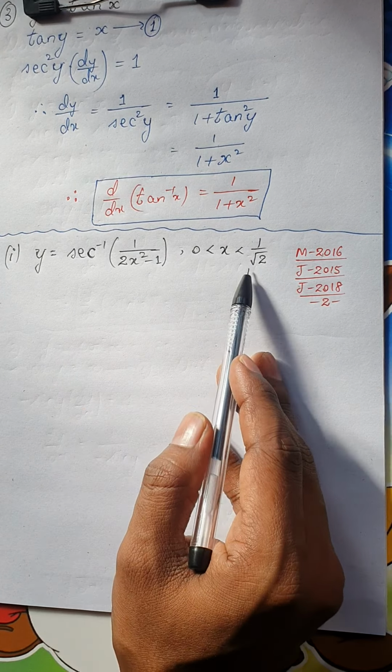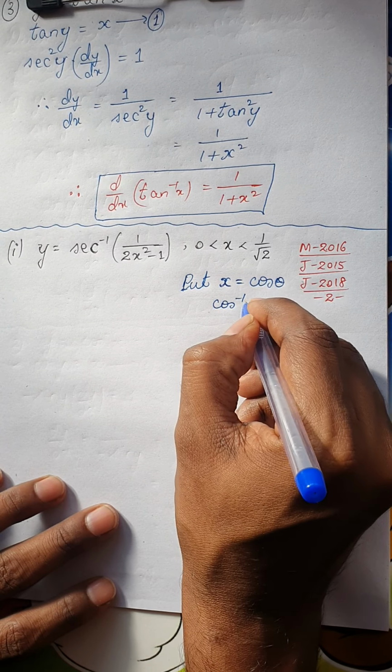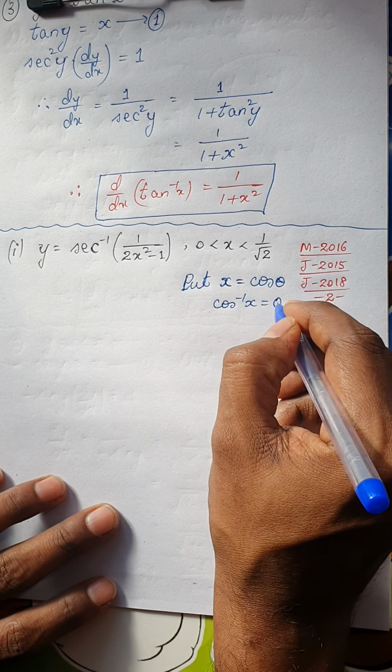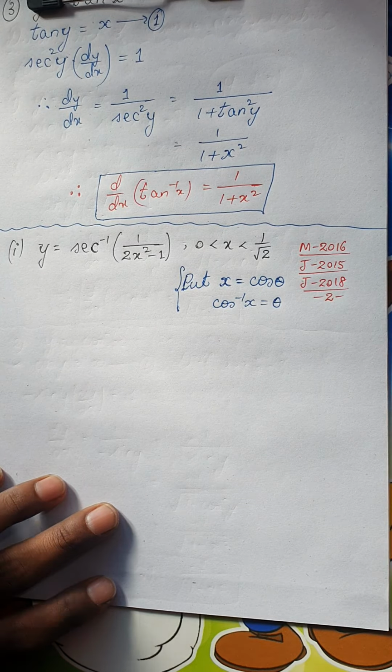Okay, so these kind of questions, as in the case of inverse trigonometric function problems, we have seen the same procedures in inverse trigonometric functions. We are going to bring it into simpler form and then differentiate. Okay, so for this problem, I'm going to put x is equal to, any guesses, cos theta. So I'm going to use a substitution method for these kind of problems. So I'll put x is equal to cos theta. So if you apply cos inverse on both sides, I will get cos inverse x is equal to theta. Okay, keep it aside. Let us move on to the problem now.